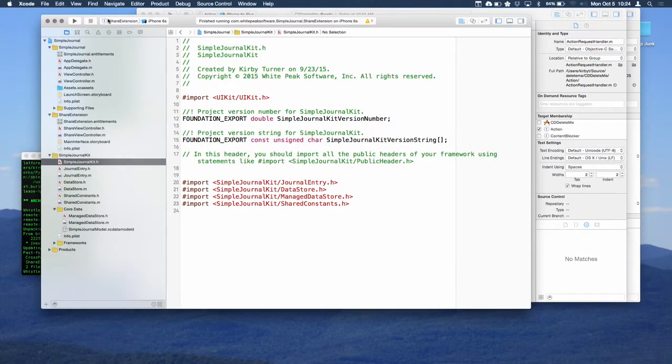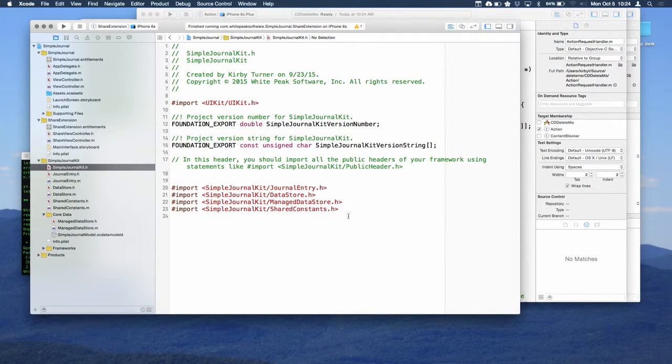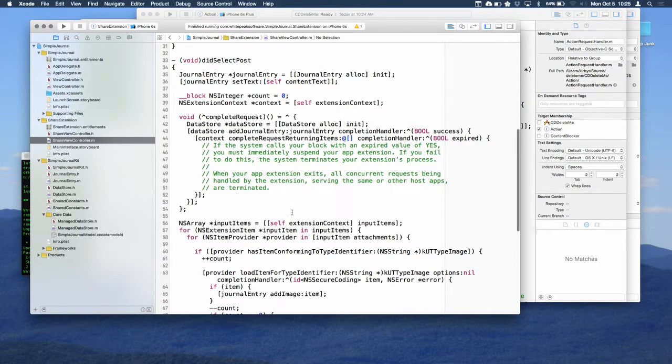And real quick, let's just jump over and take a look. So here is an example, and this is a sample app that I wrote. It has the container app, which is called Simple Journal. It has my share extension, and it has a framework, which I'll talk about in a few minutes. Inside of here,